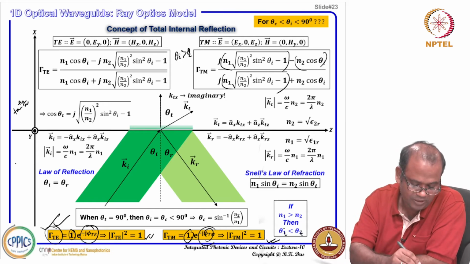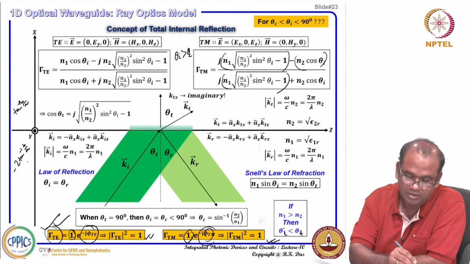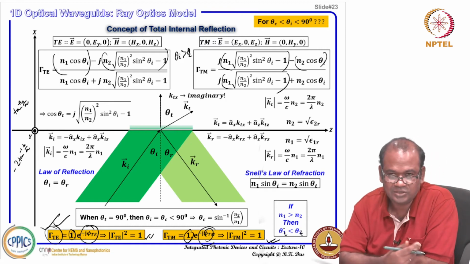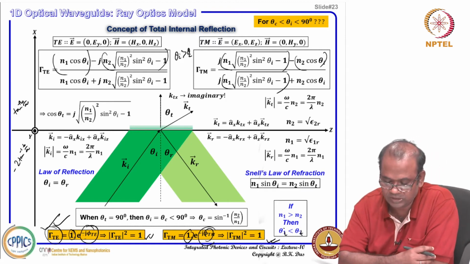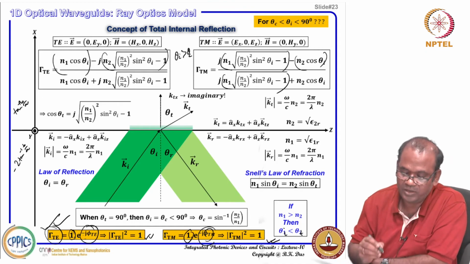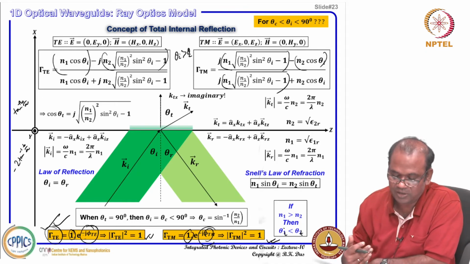So, that is why the total phase change will be minus 2 tan inverse b by a. I am considering this imaginary part as b and a will be this one. So, that is the straightforward phasor form, you can just find out. Okay. So, I can see that when theta is greater than theta c, there also I am getting